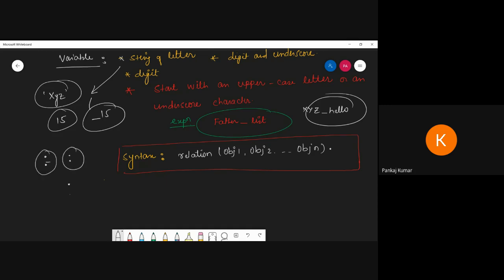Suppose I am writing the head symbol, and this is the double dot. What is the meaning? These things are very useful when you are going to use operators in Prolog programming. Don't forget the meaning of this. What is the meaning of implication? What is the meaning of double implication? Double implication means both directions.